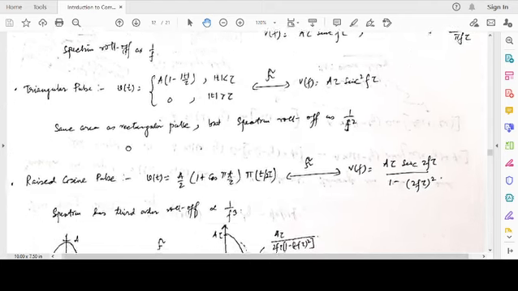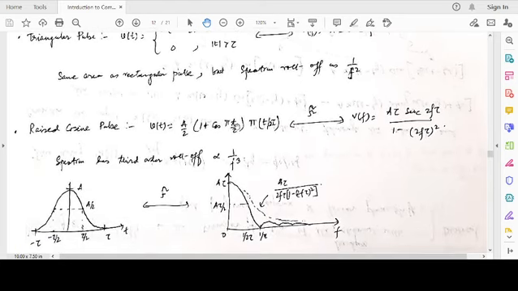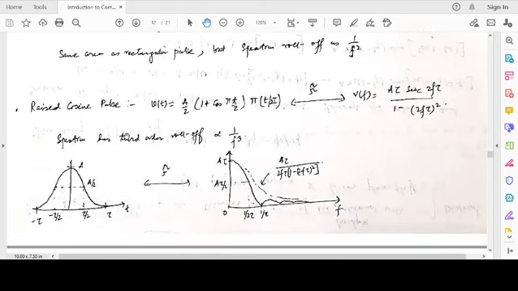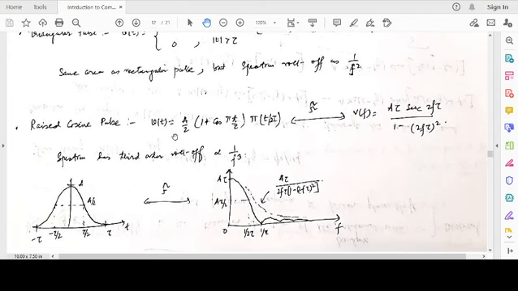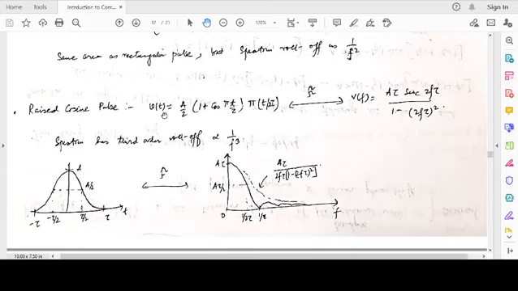Now we come to the most important pulse, and there are even developments over and above this. One of the very basic pulses used in communication systems is known as a raised cosine pulse. The time domain representation of the pulse is given as a by 2 times 1 plus cos pi t by tau, and then this is a symbol for a rectangular pulse over the duration 2 tau, rectangular pulse t by 2 tau. That means it is spread over minus tau to plus tau. You see the picture we have drawn here.